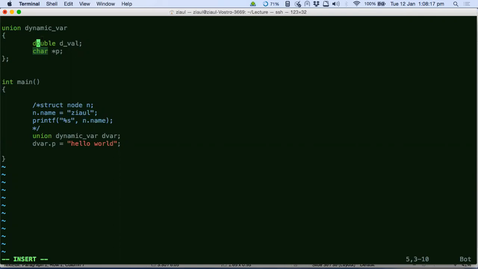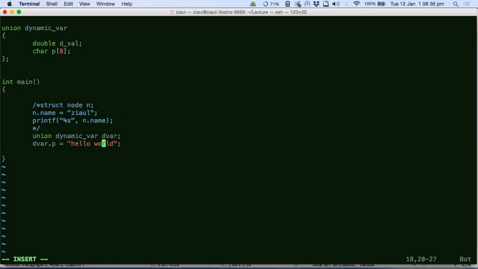Okay, sir. See, another good way to think about it: if you have an 8 here, instead of this, and now if you do this, character P equals 8. Now, where will hello world be stored? Tell me. In that string only.